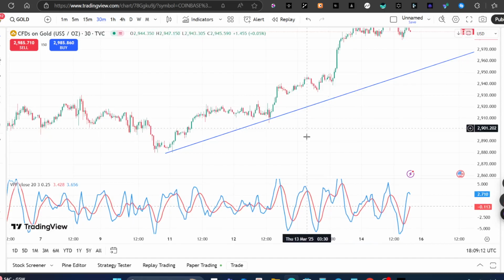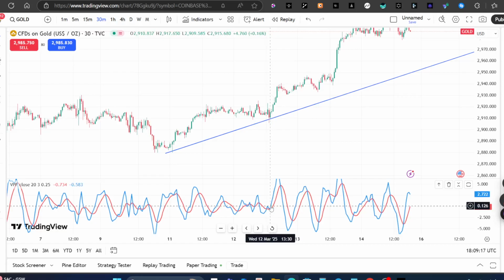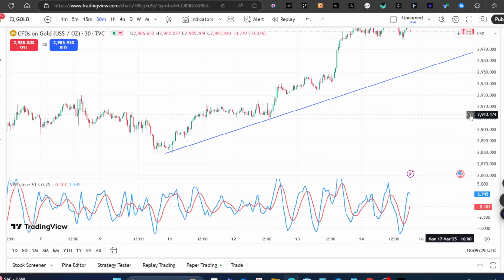For example, here you can see that when the blue line crossed above the orange line, we had a buy signal, and you can see that that coincided with this dynamic support. So whenever you have a buy signal based on the bullish crossover and both lines enter the positive territory, that is a good sign to enter a buy trade, and then you can consider setting your stop loss below the